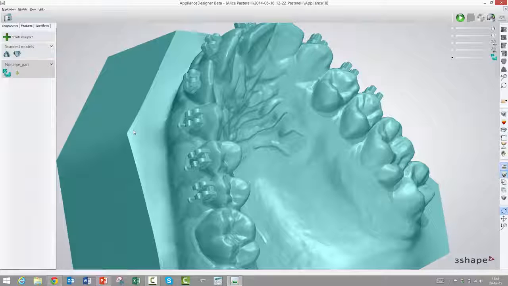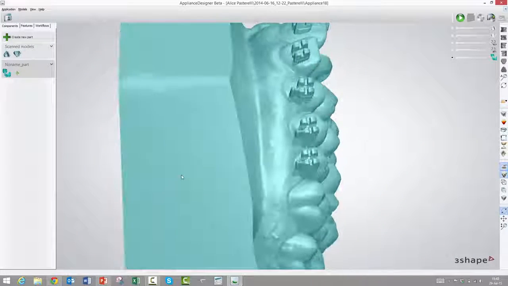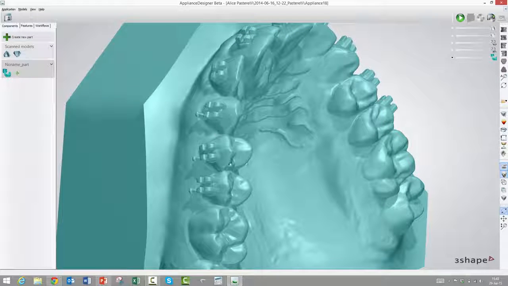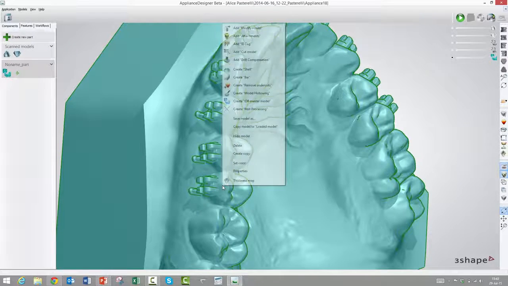So that's quite a game changer for indirect bonding. Definitely. Okay. People seem really excited about that, the people that we have shown this to so far. Yep. But let's try to make this directly printed transfer tray. So we still need this, but this is only a basis to design the transfer tray on top of. So we will choose this, right click, and then choose create shell.